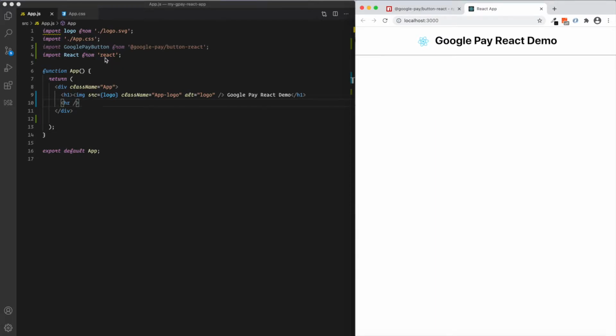So after importing this Google Pay button in our React app, let's quickly include the Google Pay component.